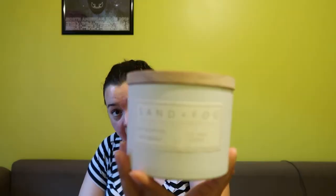The first candle that I have to talk about today is one that was gifted to me back for my birthday in June from a friend, and it is this candle from a brand called Sand and Fog, and it says that it is inspired by the California coast. It is a soy wax blend candle, and this one was eucalyptus spearmint. This was a 12-ounce candle with 2 wicks,